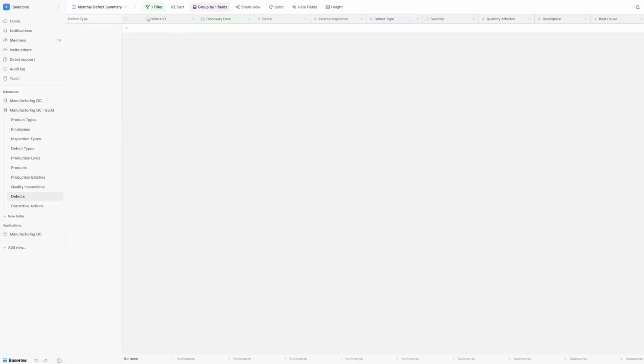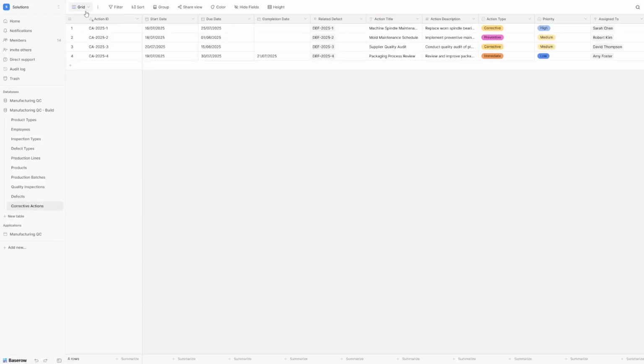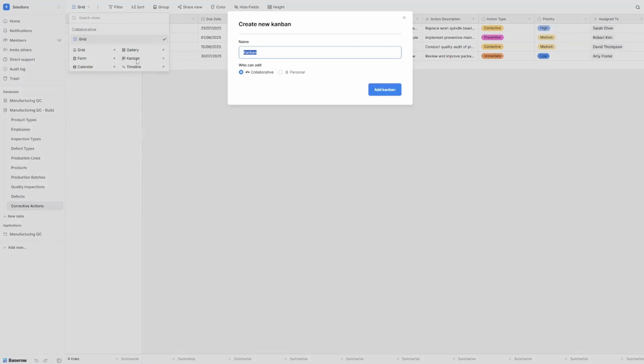So let's now move on to our corrective actions tables and create views there. So let's move on to our corrective actions table. And the first one we're going to do is create a Kanban view. And we're going to call this the action workflow board. And this is going to be a board that will handle our corrective and preventive action workflow management. And when we create this,